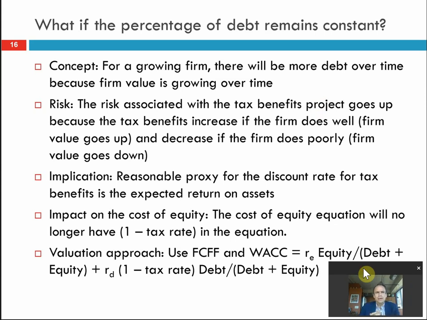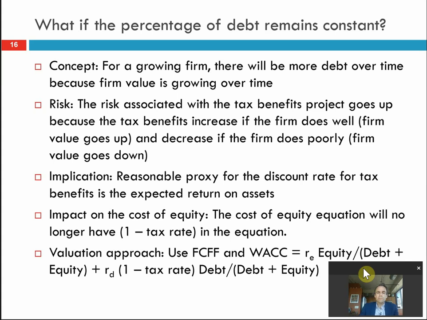And what we said is that the value of the levered firm, that is the value of the firm with debt, is equal to the value of the unlevered firm plus the present value of the tax deduction on interest expense. And in the situation in which the business has a constant dollar amount of debt, like $20 billion, the present value of that tax deduction is equal to the amount of debt times the corporate tax rate. So we had our equation that says VL equals VU plus tax rate times D for debt.